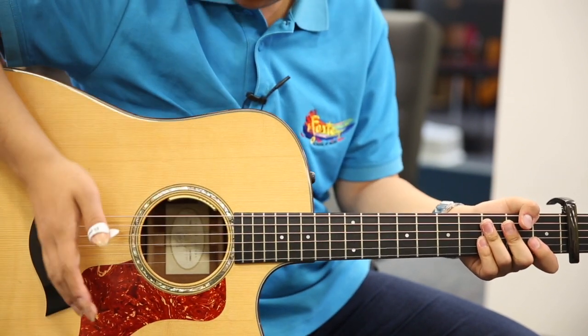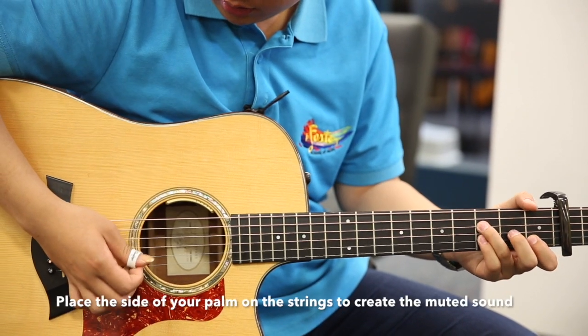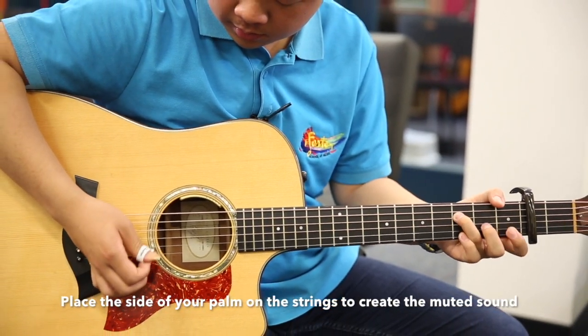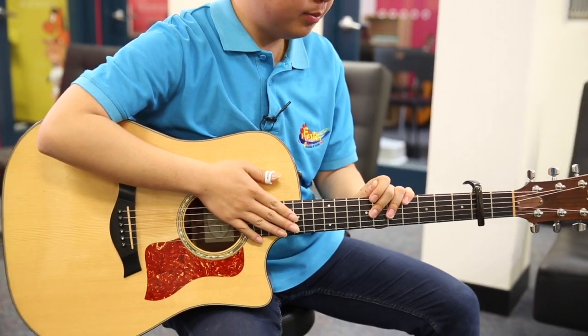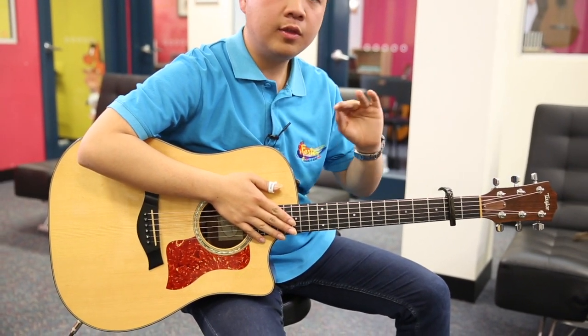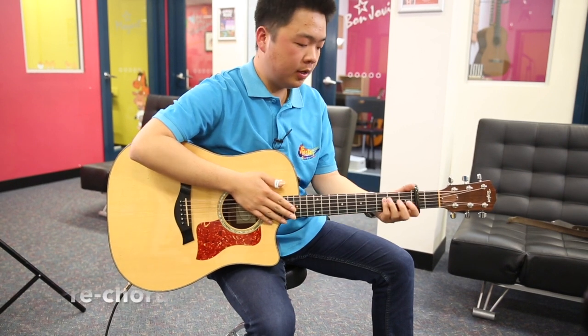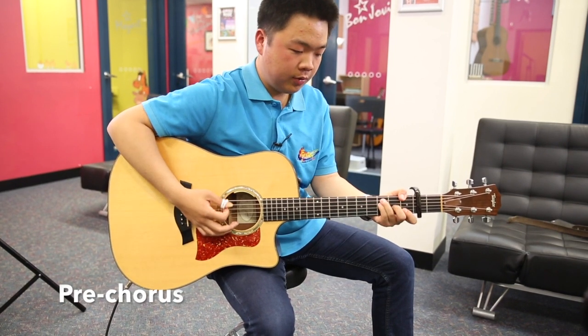Make sure all of the notes that you're playing are muted with your palm. And this section basically goes over to the verse as well. And then the pre-chorus is where it changes. In the pre-chorus section, you go